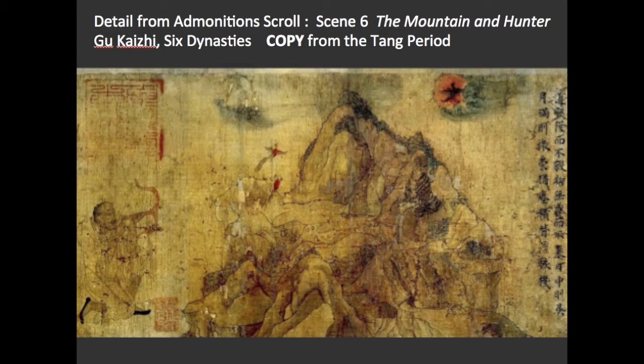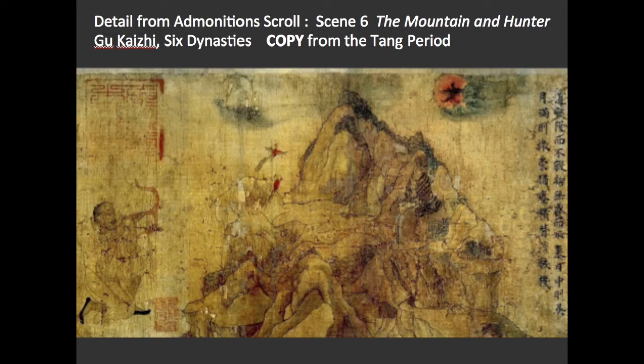In this copy, we are looking at the scene of the mountain and hunter. This is one of the earliest examples of landscape painting. The emphasis, however, is not really on the landscape, but on morality. An isolated mountain was used symbolically and to communicate the teachings of Confucius. The inscription reinforces that. There are two vertical bands of Chinese inscription that loosely translate into English as, "He who aims too high shall be brought low."